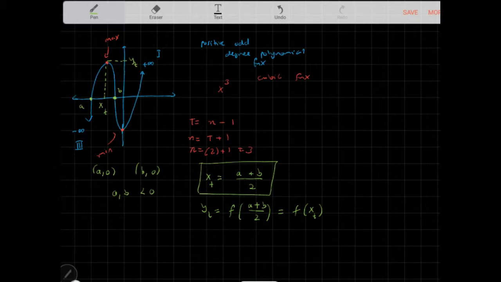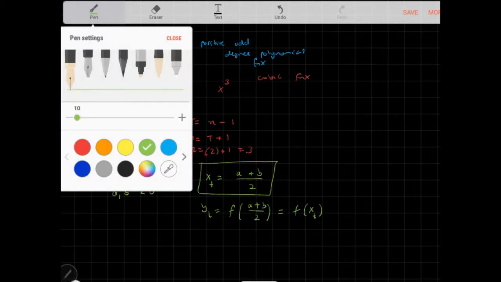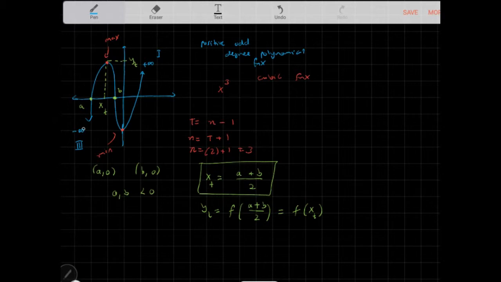Now, we need to also consider the domain and range of these polynomial functions. We know that this is a positive odd degree polynomial function, but you can understand that the end behaviors here, positive infinity, negative infinity, will span the whole range of the Cartesian plane. So because they span the whole Cartesian plane on the y-axis as well as the x-axis, the domain for an odd degree polynomial function